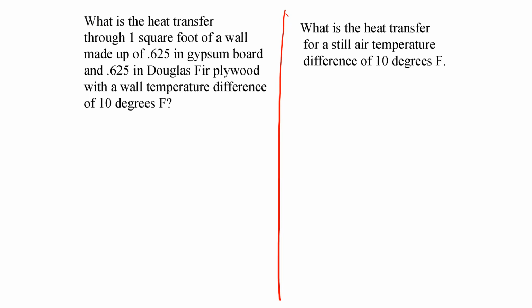So we're going to start with the example problem here on the left-hand side. It's looking at the heat transfer through 1 square foot of a wall made up of 5/8 inch thick gypsum board, as well as 5/8 inch thick Douglas fir plywood. And it's saying that the wall temperature difference, from the outside to the inside surface of the wall, is a 10-degree difference in temperature. So what we're going to do first is get the thermal resistances